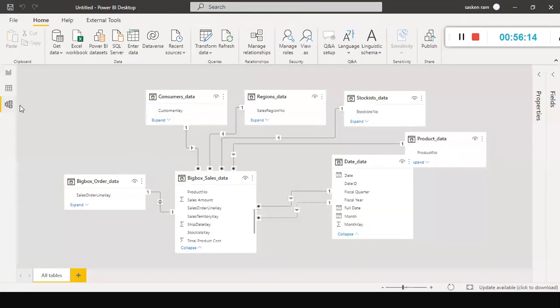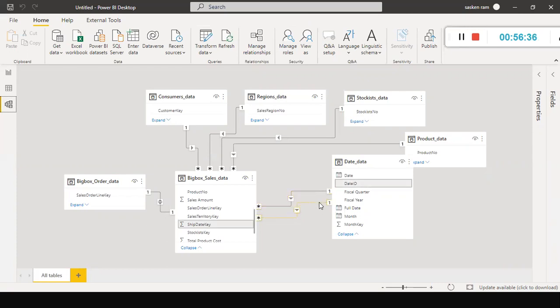Because of the active relationship. For example, here in this case, the date ID column, the solid line is nothing but the active relationship. The dotted line is your inactive relationship. You can create only one active relationship between tables. You cannot have more than one active relationship.